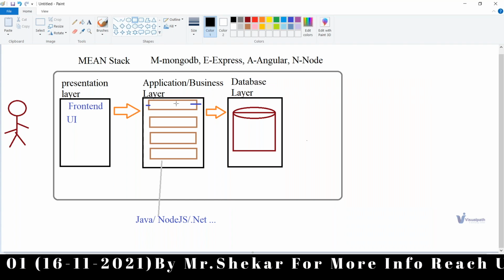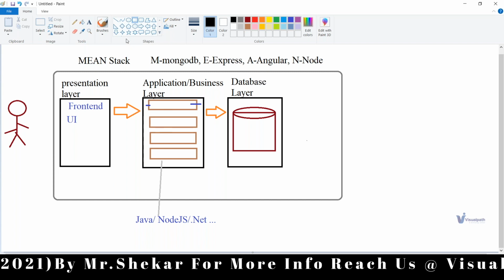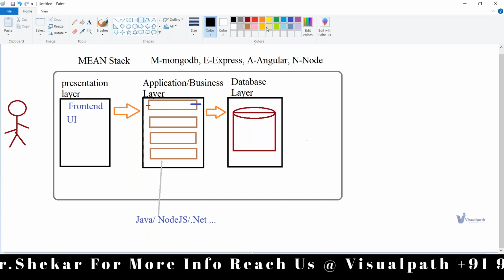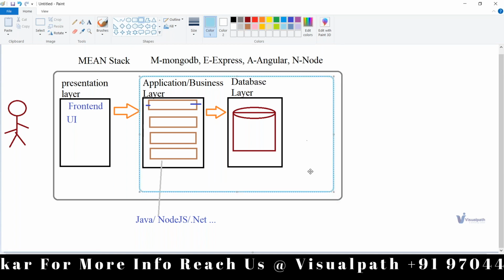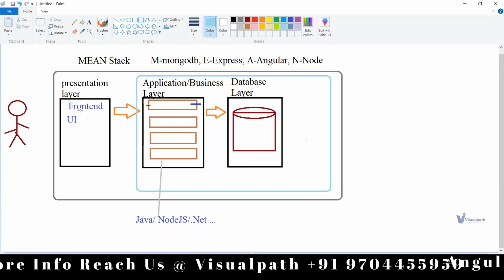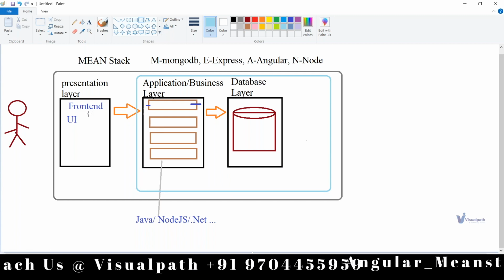Assume this is a sign up related activity, and I mentioned some other related activities also. This whole portion is called the backend. As we call this the front end, for the entire application the user connects through this.